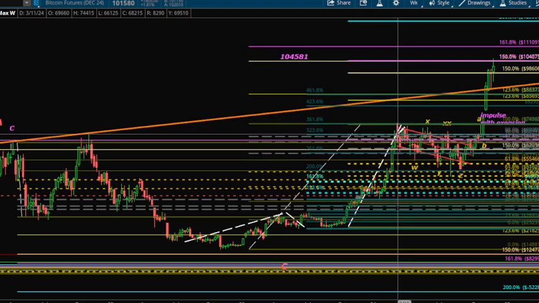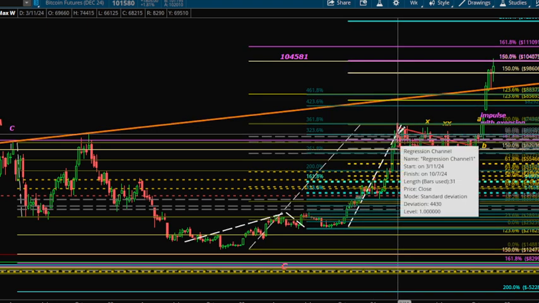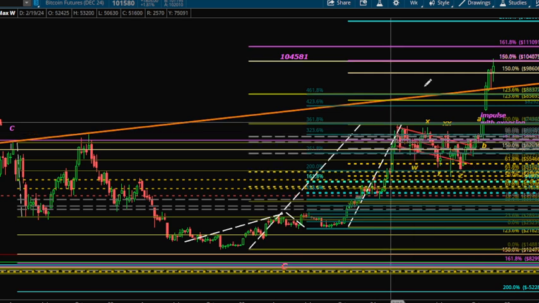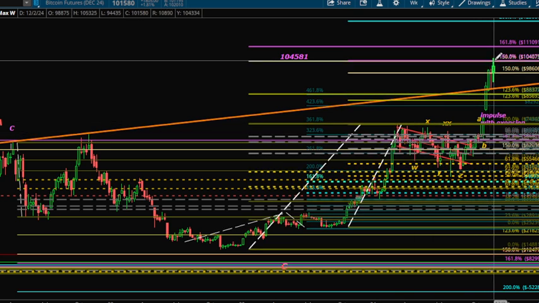Okay, so basically what I'm trying to point out is that I can still count these in 3 moves. They're adding up. Right now we're starting to get a little bit of consolidation at 104.581,